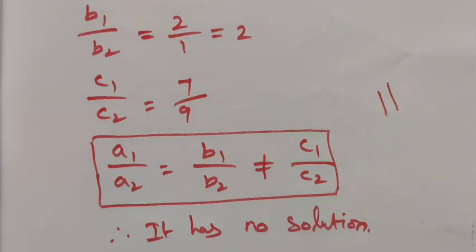If it contains a solution, it is consistent. See, this has no solution, so it is inconsistent. We cannot say the result is congruent for this; there are no corresponding lines, no congruent lines. So it has no solution. Thank you, students.